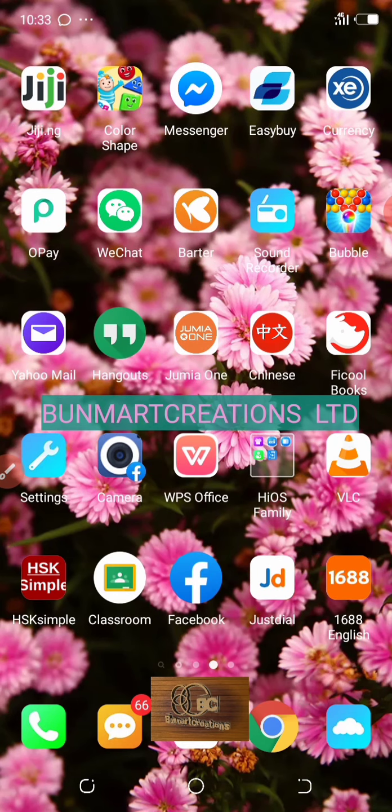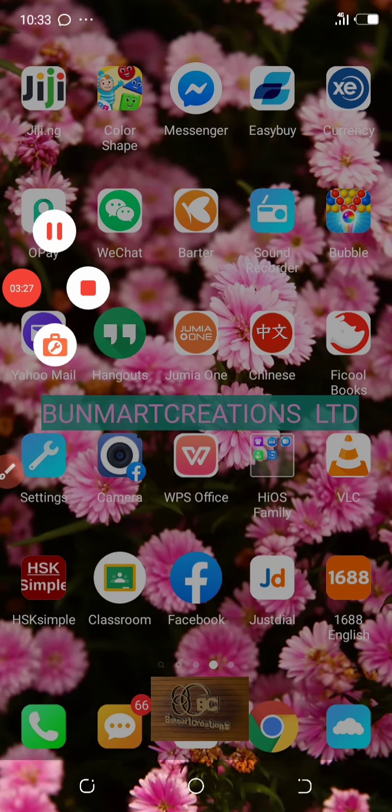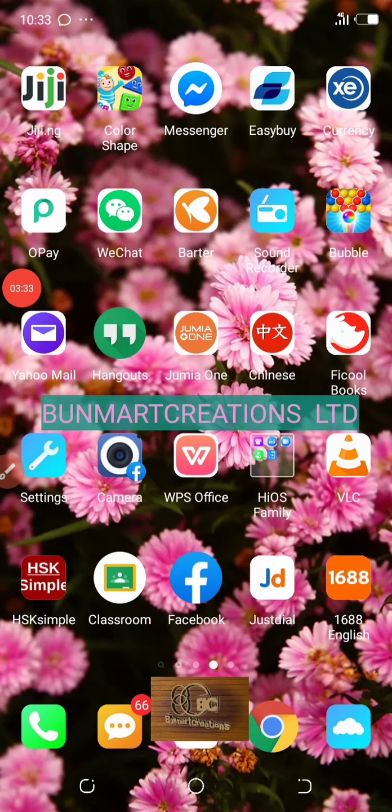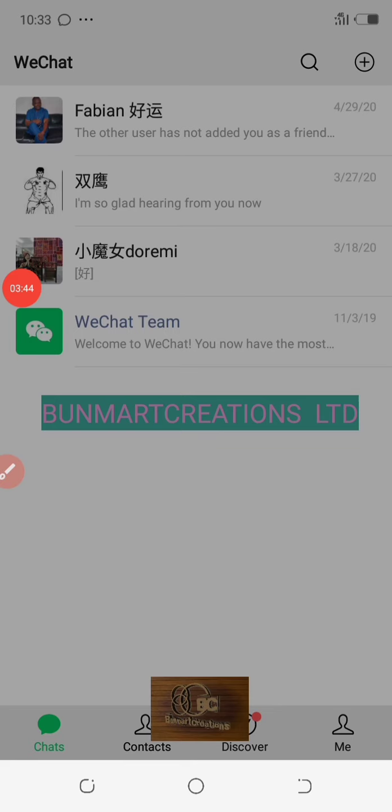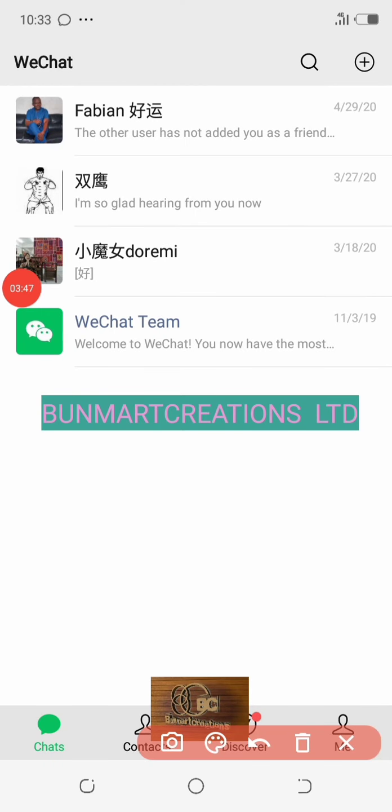And once you are done, what you just need to do is to find where you have your recording tab. This can be moved. Okay, you can hang it anywhere, move to the left, right, up and down, anywhere of the screen you can have it there. So once you are done, you click on the stop button. But I'm not done. Once I click on the stop button, you then need to save it, and also you can compress it. Okay, so I'll click on stop. Can you see the stop button? Yeah, you should be able to see that. Okay, I wanted to show you the stop button. Once you are done,